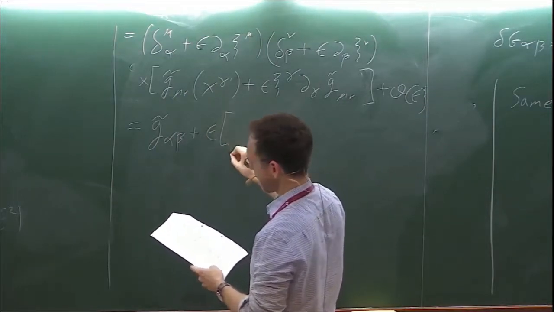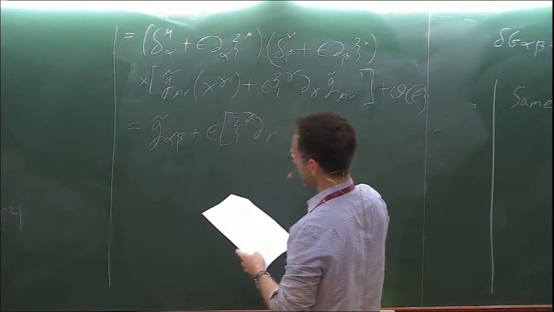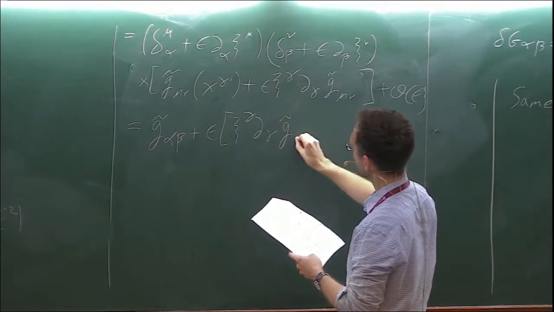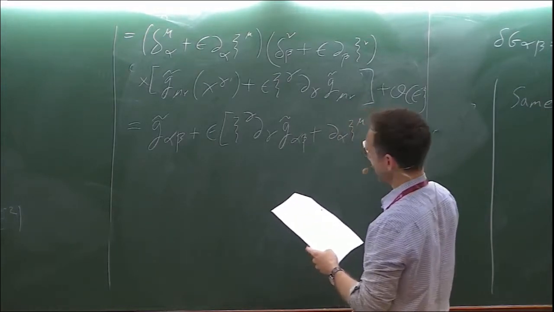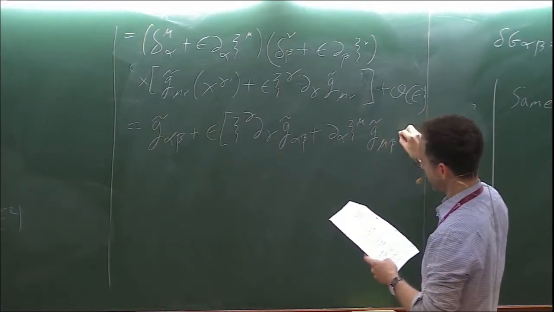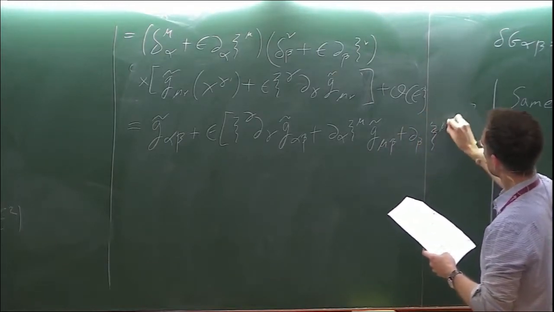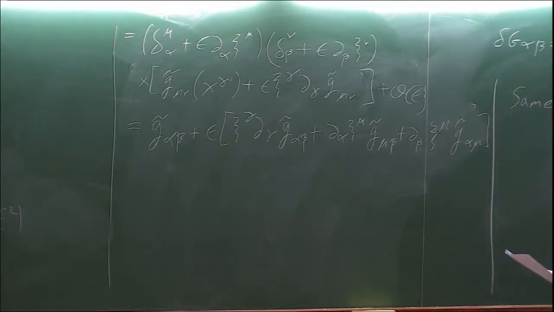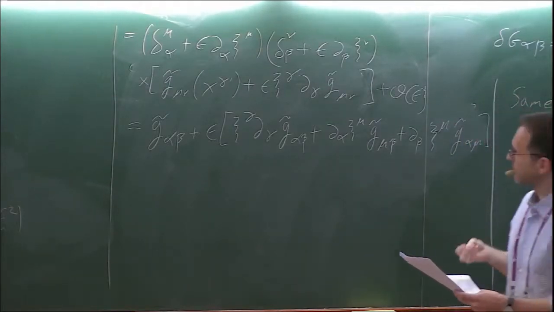And we have a bunch of linear terms: the derivative of g tilde along the vector xi, plus derivatives of the vector xi multiplied by the metric. Now you might already recognize what this is, but I'm going to do one more step,